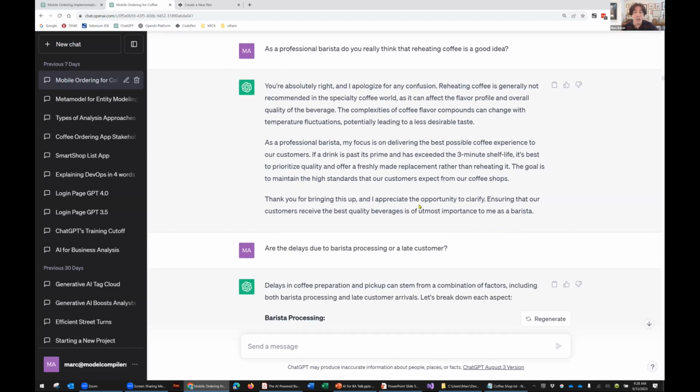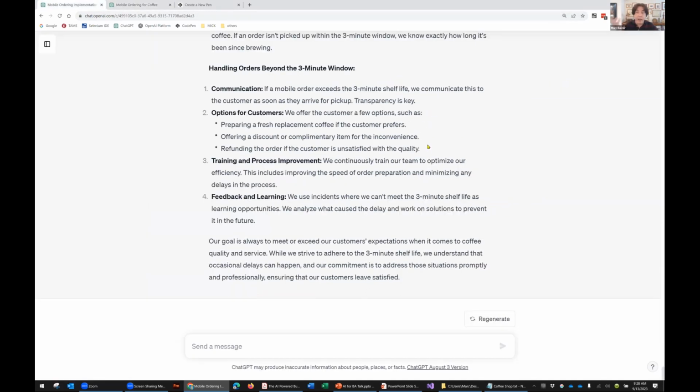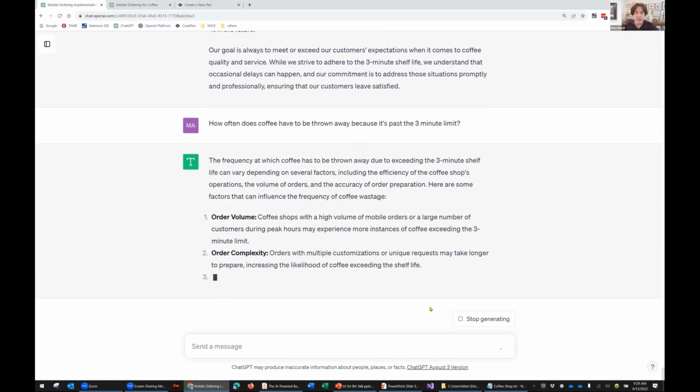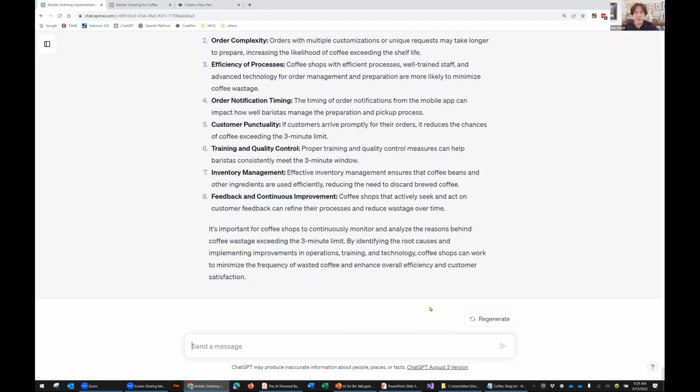Now, have you ever had a situation where a real SME, a real subject matter expert, gets confused and sometimes you as the analyst have to bring him back? Sure. All right. You have to watch out for the same sort of thing when you're dealing with AI. So we are able to converse with our AI and work with our agents as if they are real people. In fact, I'm going to just throw this question out and see if we get the same response. No. I am going to say that the customer has to arrive in 3 minutes or otherwise they're going to get stale coffee. All right.